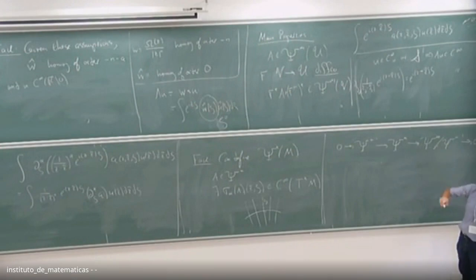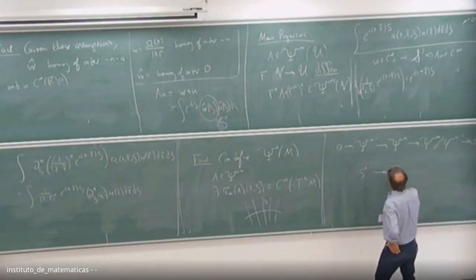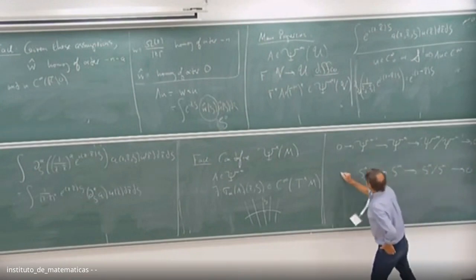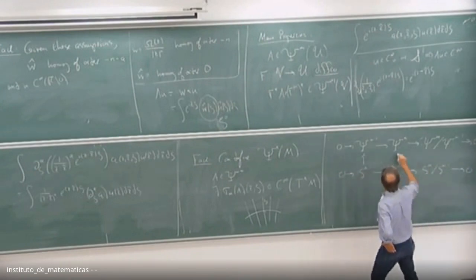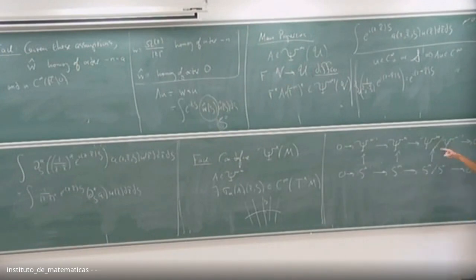I haven't told you the algebraic properties; I'll tell you that in a second. I have S sub m minus 1, I have S sub m, and I have S sub m modulo S sub m minus 1. So these are exact sequences, and what's well-defined is this map. This is a completely coordinate-invariant thing. Namely, if I take a symbol modulo junk terms of order m minus 1, I get a pseudodifferential operator, but it's only well-defined up to something of order m minus 1.